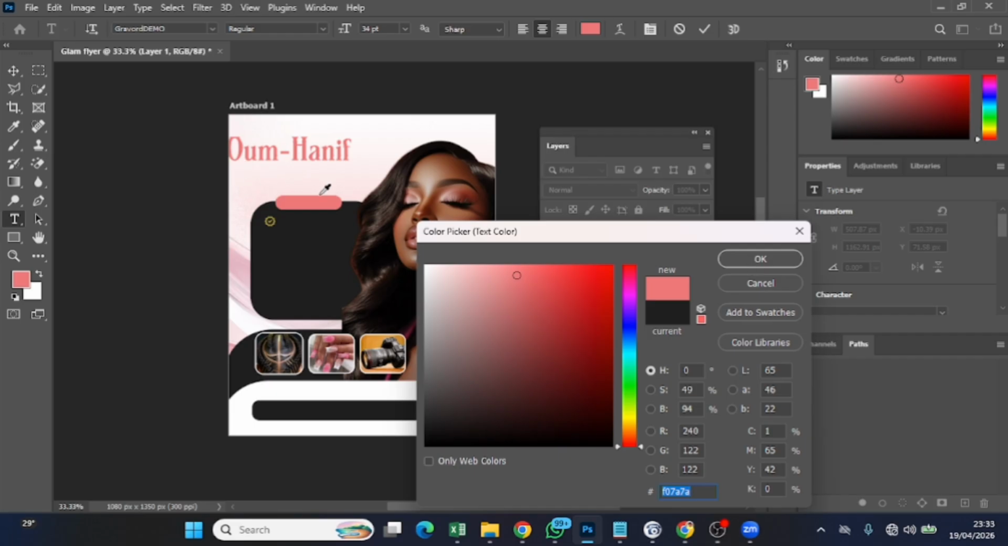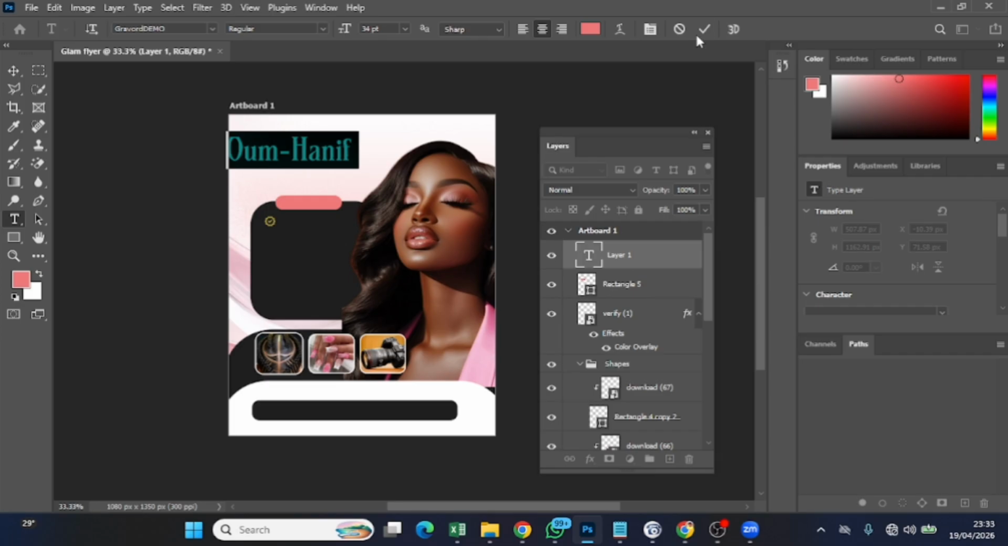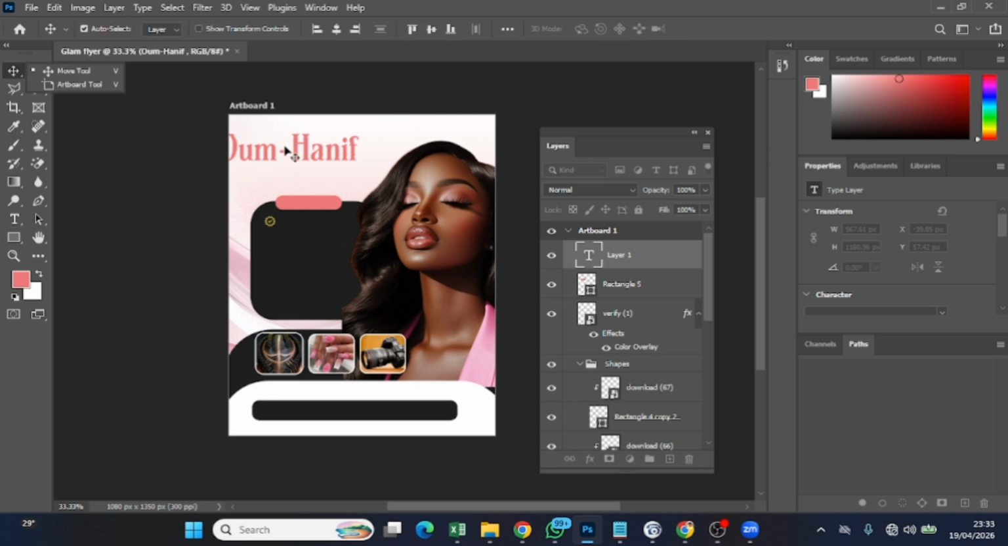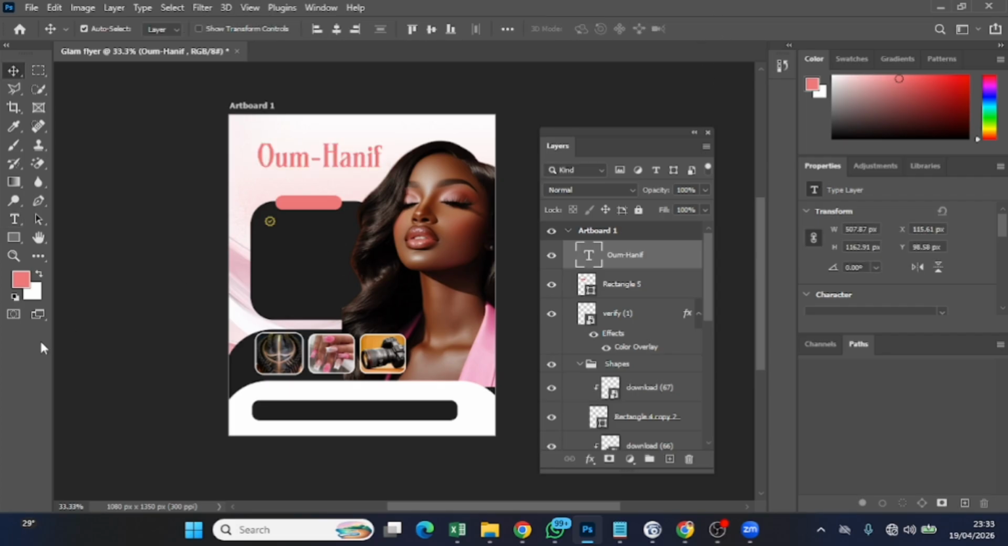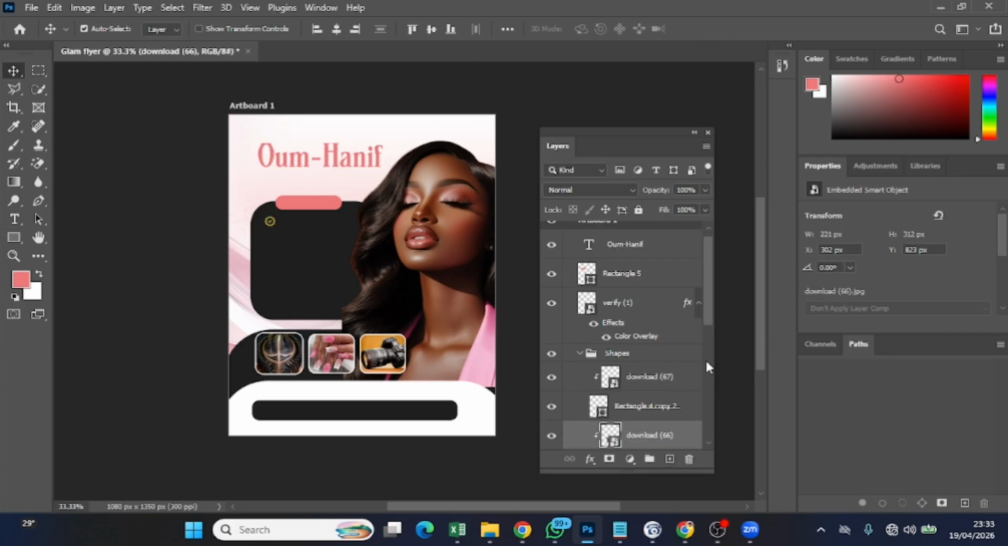So I pick the color of this. You see, I got the color somewhere else. So it's just as simple as that. So here we go. Yep. So the next thing is to put